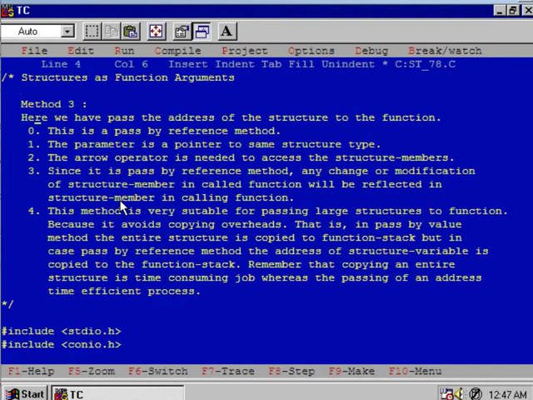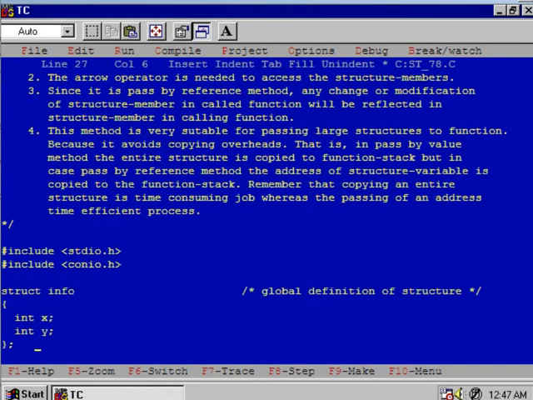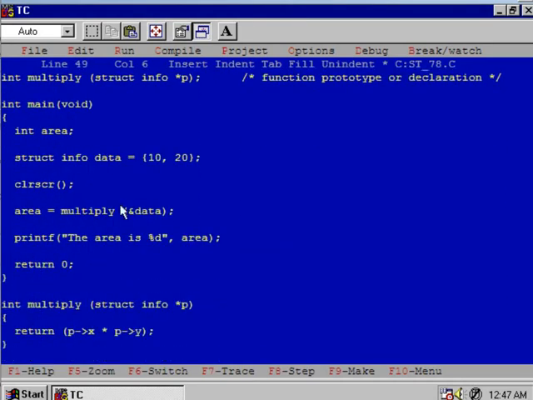You see, in this program, if you modify or change this X and Y, then ultimately it will change the contents of members of the structure variable data because this is passed by reference method. We have sent the address. This means we have not passed the copy.